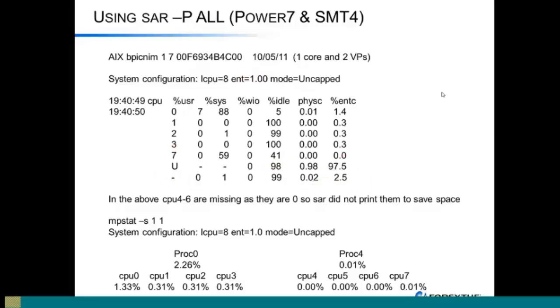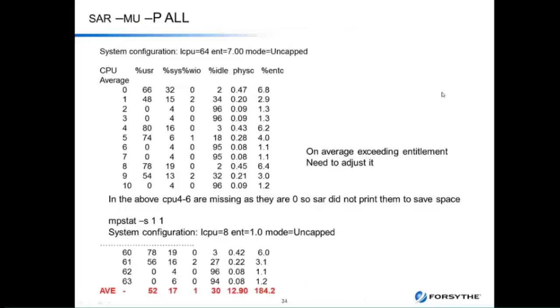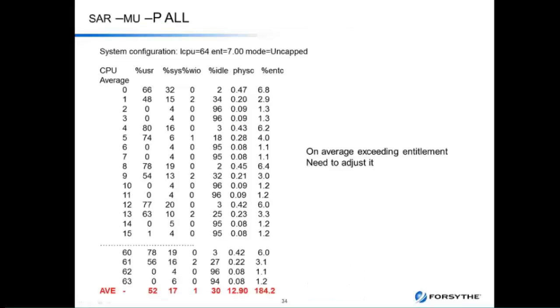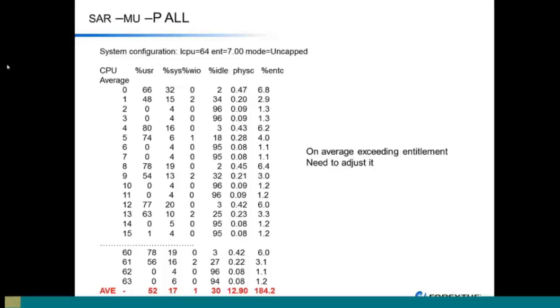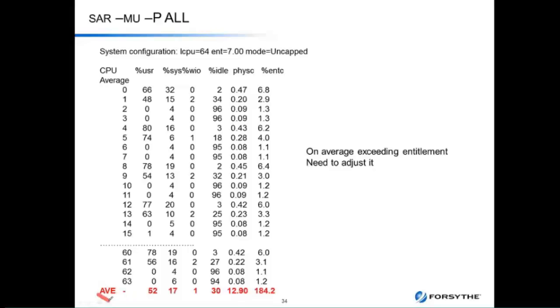There's actually a new version of this that I prefer, which has the *-mu, and that's all lowercase except for the capital P all. So what I wanted to show you in this example is that down here for my average, you can see that I have an entitlement of 7. So this is SMT4, so this would be like proc 0, proc 4, and so on. But when I do this total down the bottom, I'm actually using 12.9 cores on average, and I'm at 184%